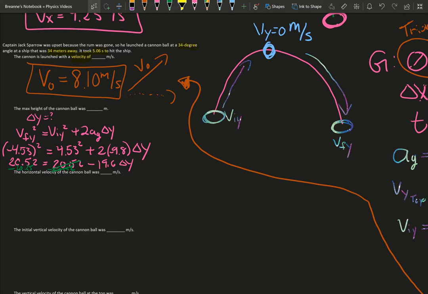Key thing here is, where does your max height happen in your full-on parabola? Right here. So your max height happens right there. So we're not doing the whole parabola. This was us using the whole entire parabola, going from initial to final. But our delta y doesn't do that. Our delta y only uses half. So what you need to do